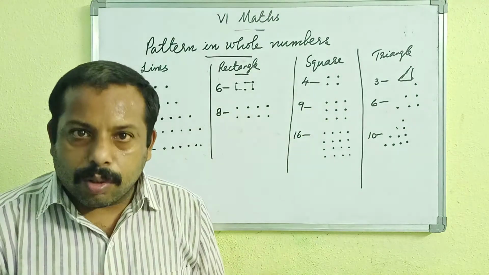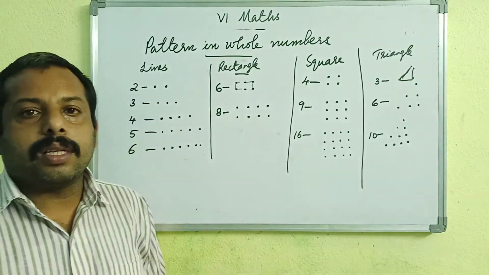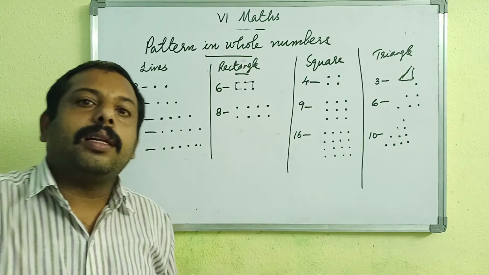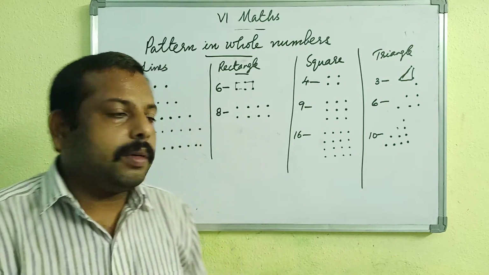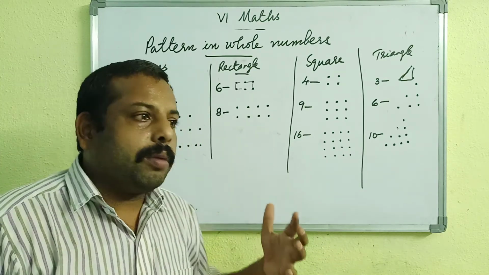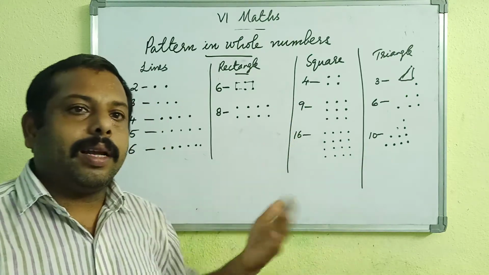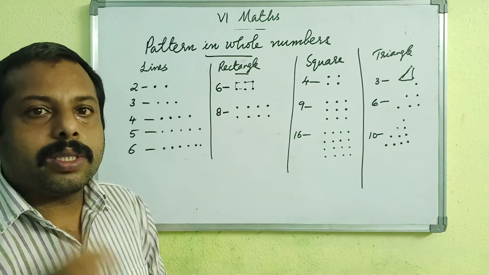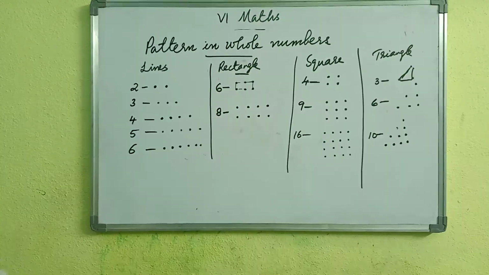a line also. So this pattern you can practice yourself. So whichever number you like, say for example 12, 13, what are the patterns possible for 12, or which all patterns can be, which all whole numbers can be represented as a square, as a rectangle or as a triangle. You can practice, you can put the dots and practice. So this is one of the patterns. Now